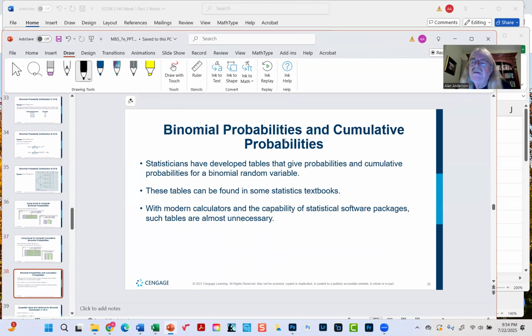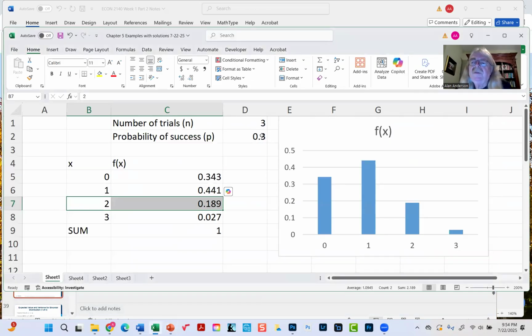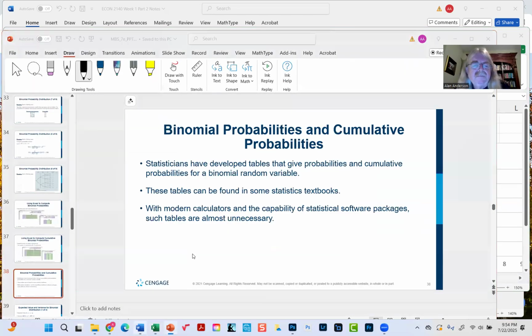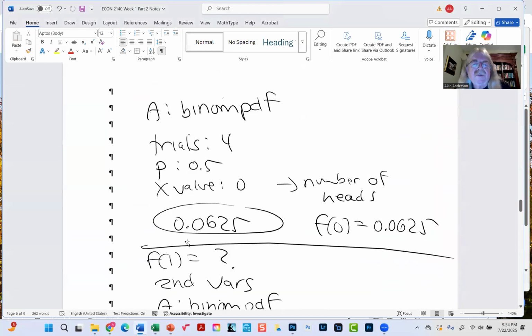Now, these probabilities all have one thing in common. We're calculating the probability that x equals a specific value. But sometimes it's useful to have what's called a cumulative probability, which means less than or equal to a specific number. So, for example, with the coin flipping experiment,